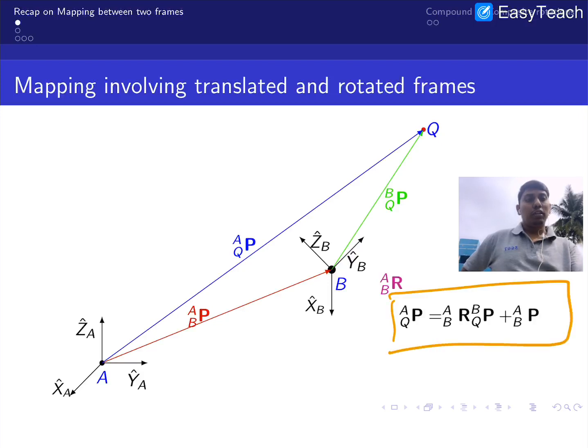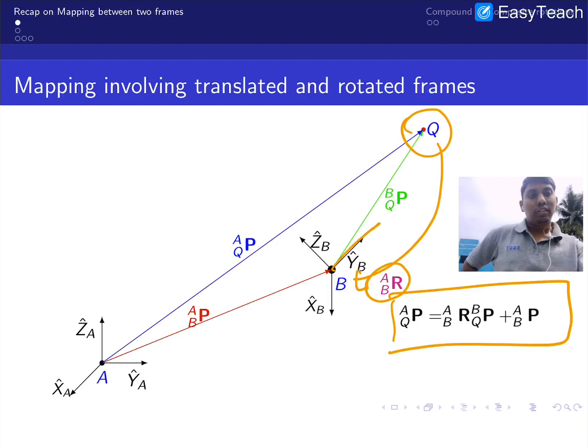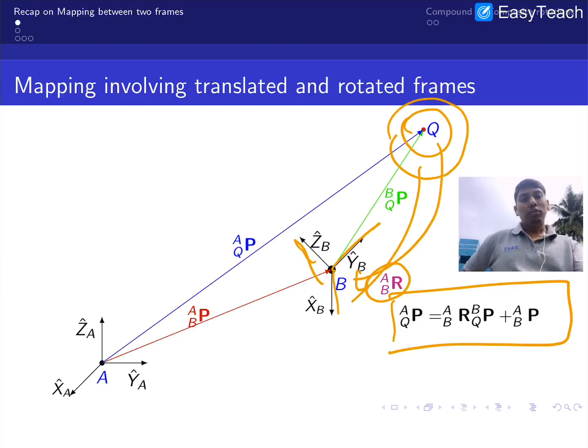So the first one is that I am transferring this information to the A frame, because this rotation matrix is involved. Even though Q is a Cartesian coordinate, this Q vector with respect to B is associated with this arrangement, right? So I need to make this arrangement into this frame, so I am rotating it. So that is the first one.